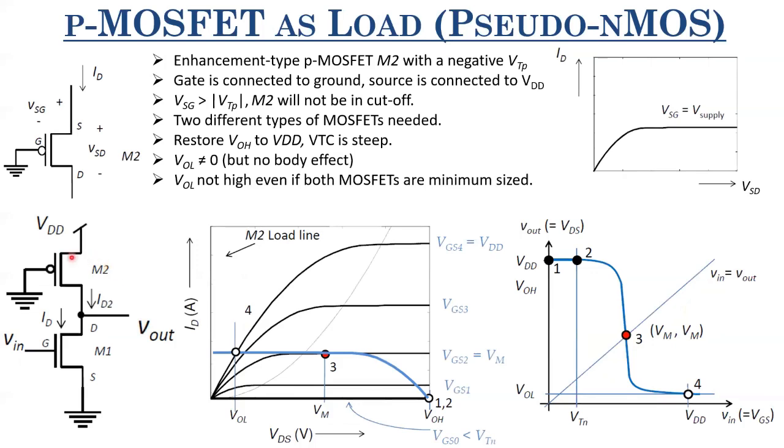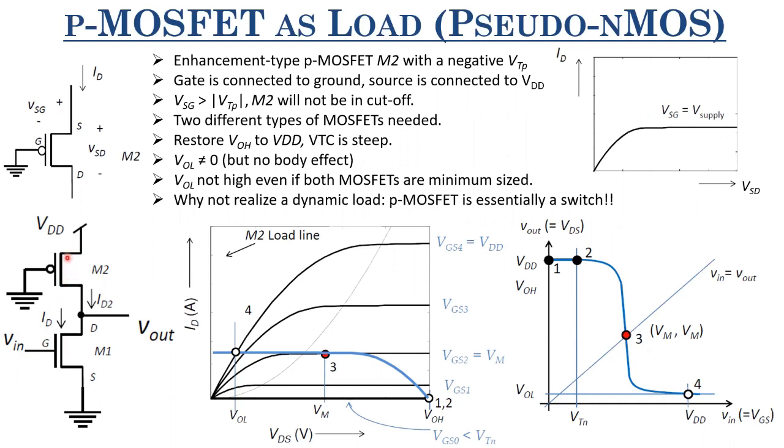because the mobility of holes in the PMOS is smaller as compared to the mobility of electrons, the inherent resistance of this PMOSFET is larger than the inherent resistance of this NMOSFET. How much larger? The ratio between them is the ratio of the mobility of electrons to that of holes, and that is close to 2. I'll be discussing this when I discuss CMOS inverters. So even if the sizes of these two transistors are the same, that is W/L of 2 equals W/L of 1,